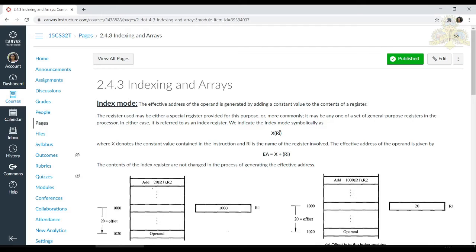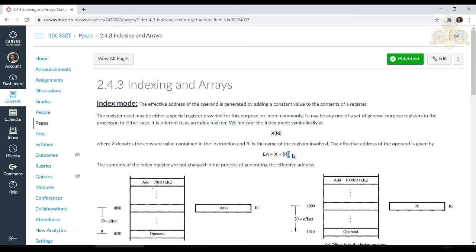This can also be written as effective address equals X plus the content of Ri. X(Ri) and X plus Ri mean the same thing. We should understand that the content of the index register won't be changed even after generating the effective address.